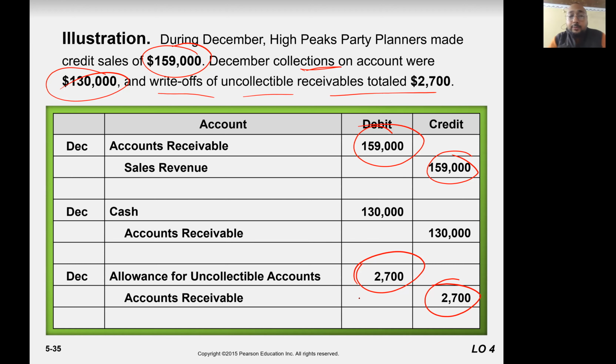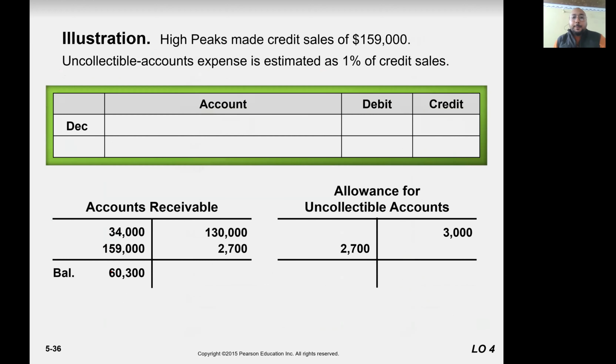When we are writing off, we are not charging it to any expense. Why? Because the expense already occurred. How? Here. 159,000 credit sales, 1% is uncollectible. So 1% of credit sales 159,000 is 1,590. So what would be the entry when you create the allowance? Uncollectible expense